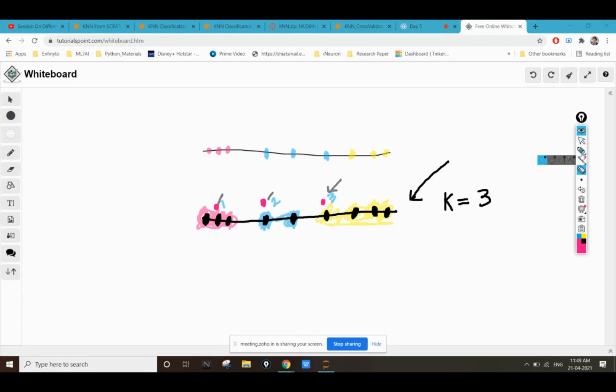Once we get a category point with the lowest error, we shift the category point to the center of that particular category, or to the middle of that particular category. So these were my 9 points.